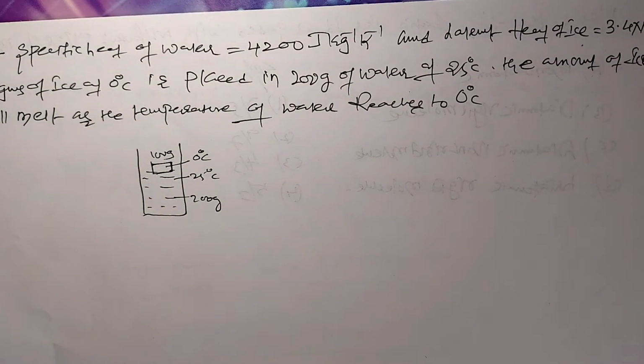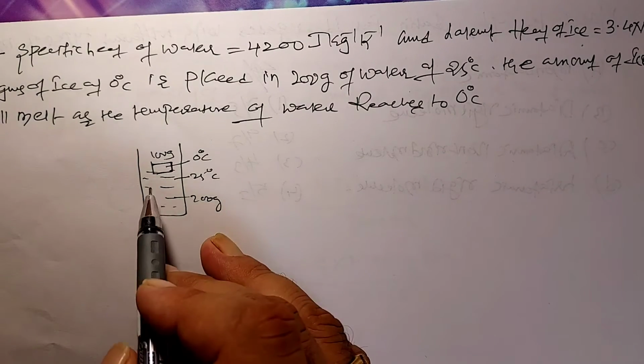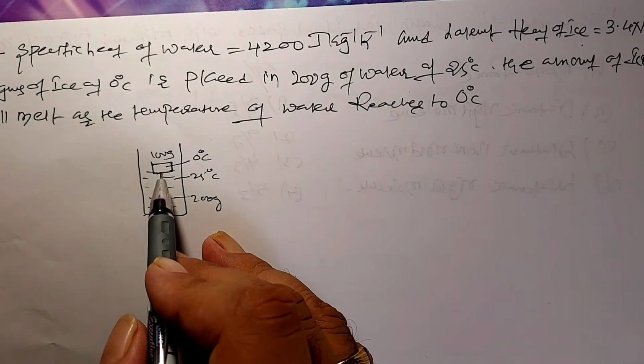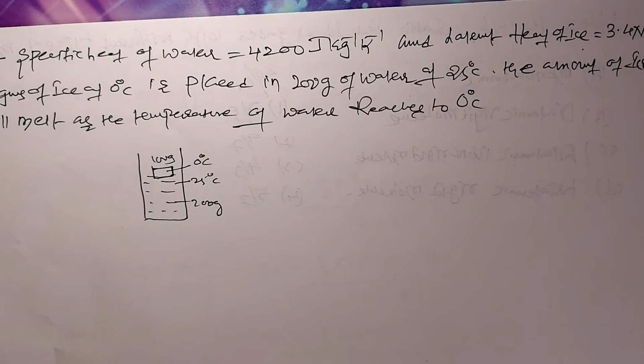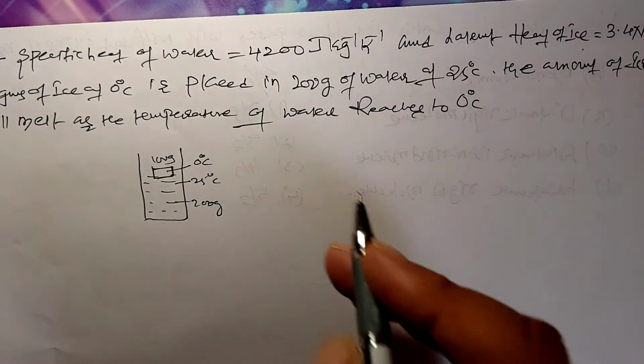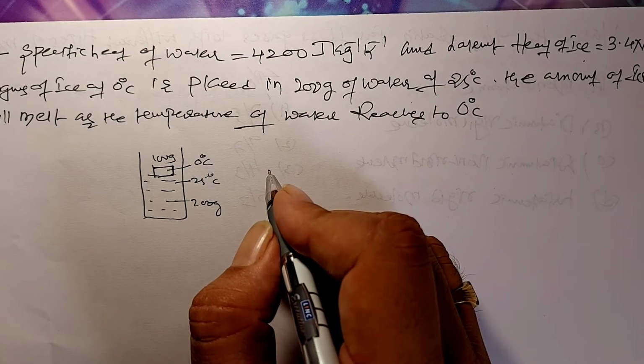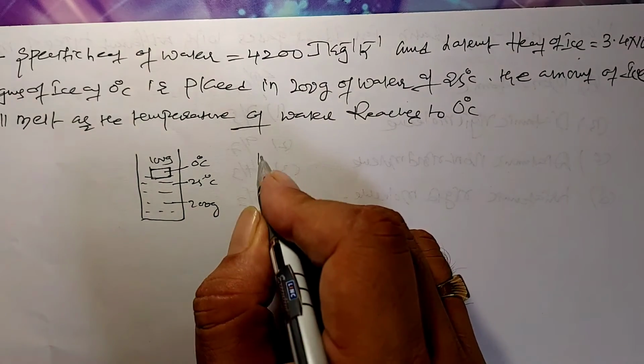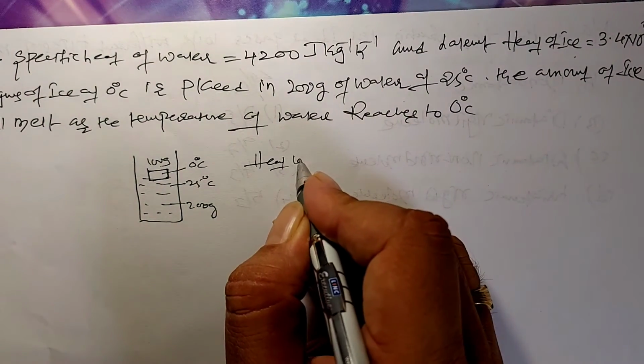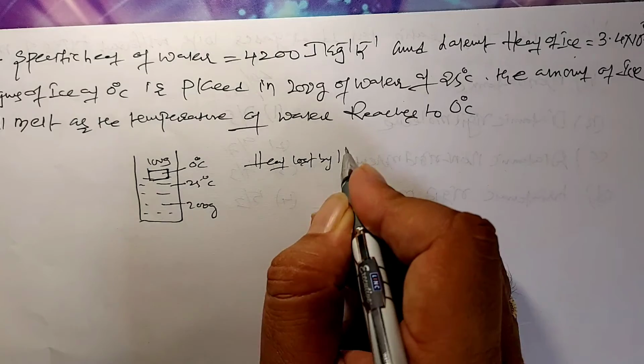Whenever this ice piece is placed in hot water, there is definitely a transfer of heat from hot water to ice. So hot water loses heat and ice gains heat. Heat lost by hot water